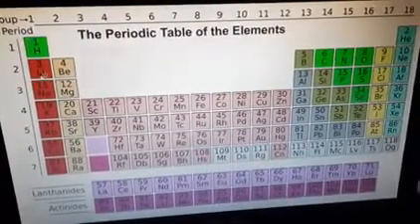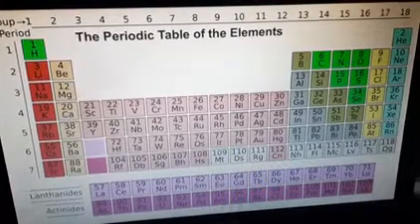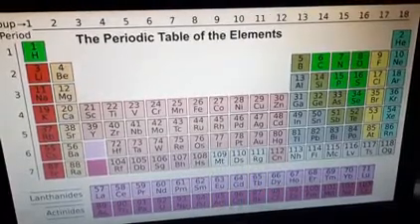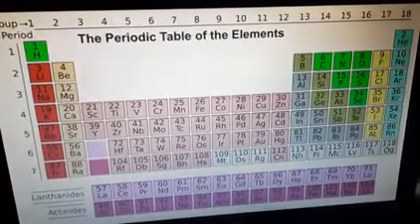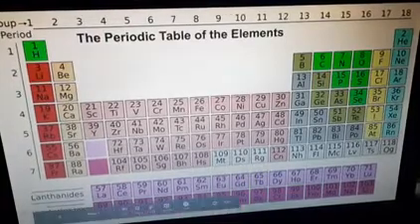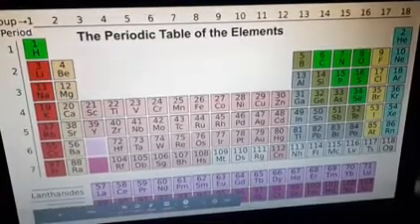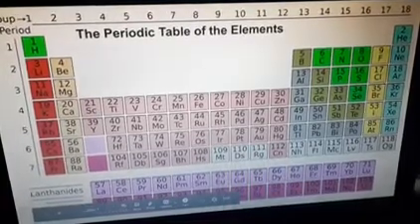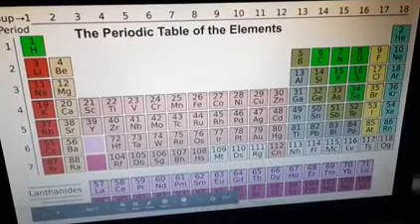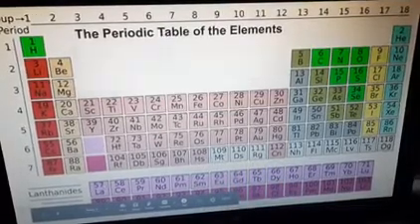Here these are the s block elements. These are the p block elements. This is the first transition series, second transition, third and fourth. These are the d block elements. These are the 10 elements, and these are the two series, that is the lanthanide and actinide. They are placed at the bottom of the periodic table.